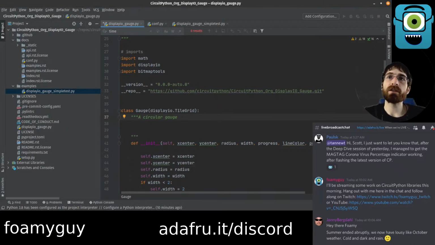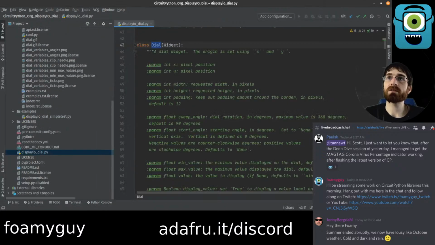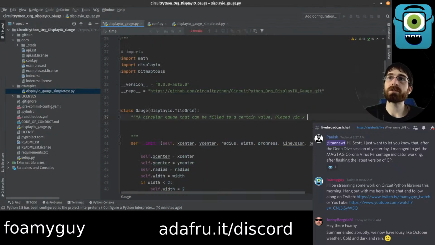Circular gauge that can be filled to a certain value. And let's just reference the XY as well. Placed via XY. Do we want slash? How is this one? Okay, origin is set using, maybe keep that same wording. The origin is set using,